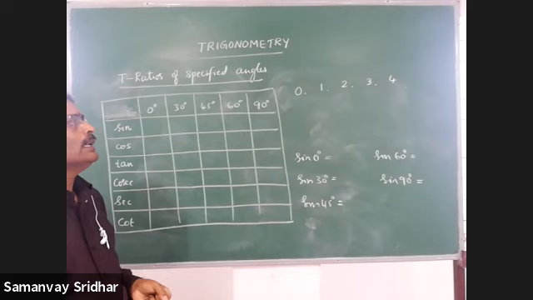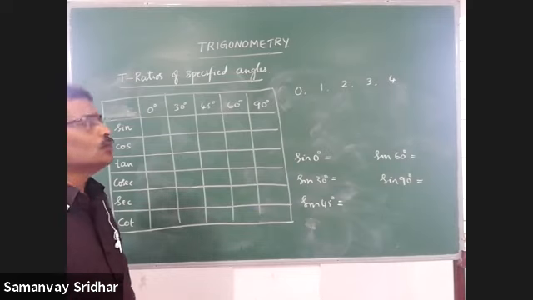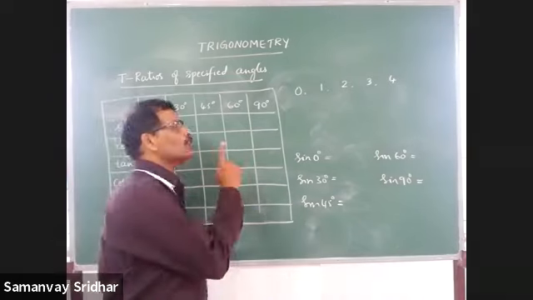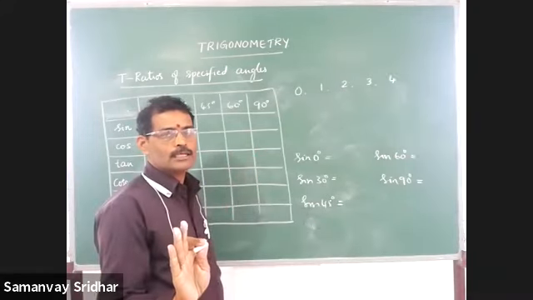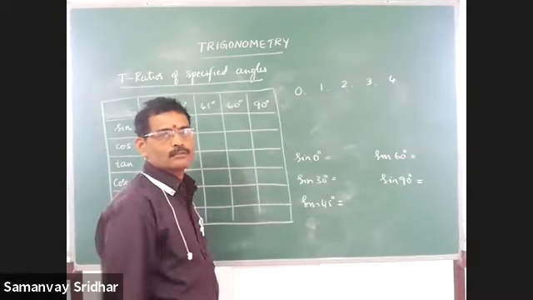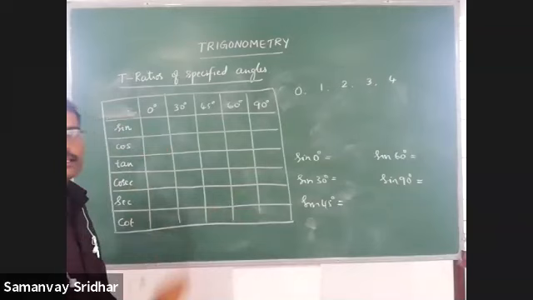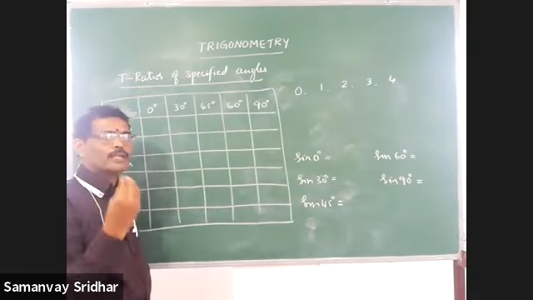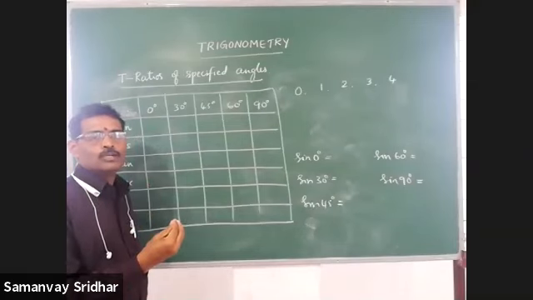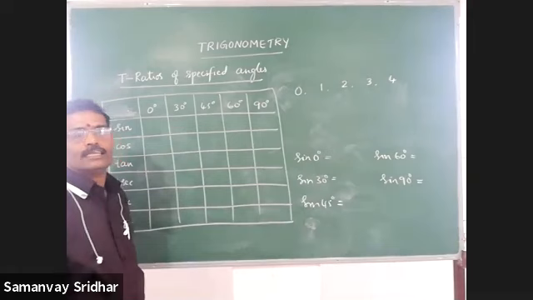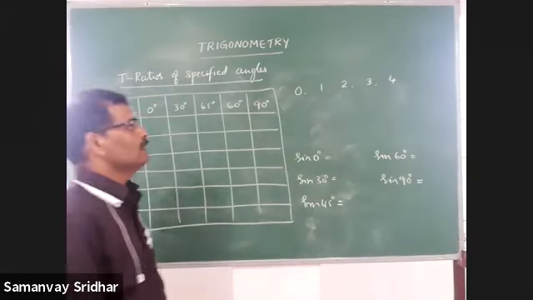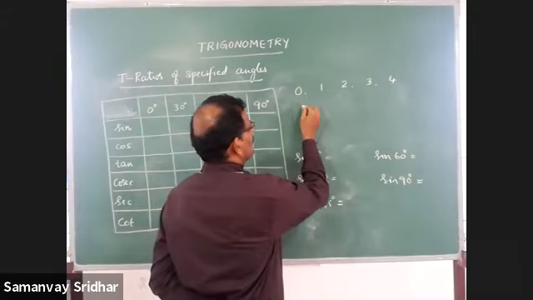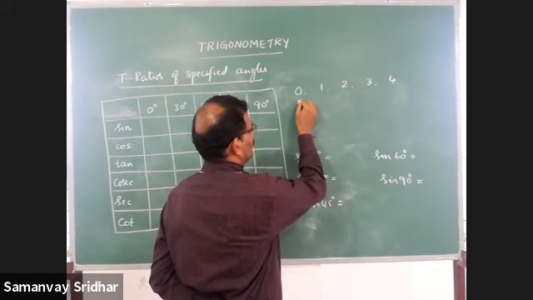It is better you do one thing. Divide all these. It is just a technique, that's all. It is not the geometrical derivation. Because first of all, we have to learn this table. You have to keep all the values in your mind. Then only it is possible to solve all the problems based on this easily. Right? You divide all these by 4 now.